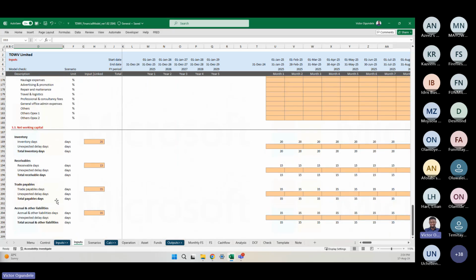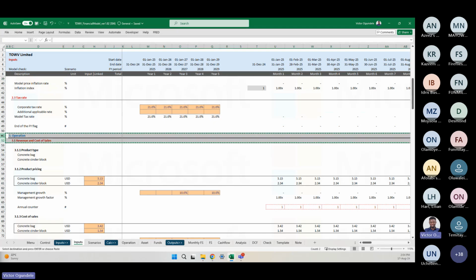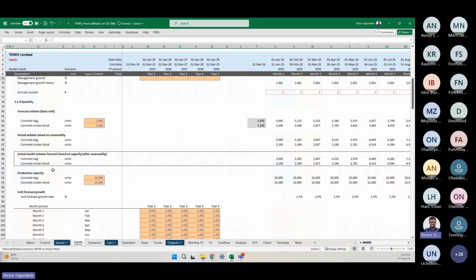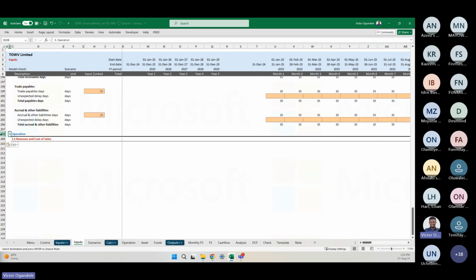So the next one, let's now have our capex. We know we're going to generate our revenue. So I'll just copy these two headers. This is my operation, just header one and header two. I'll copy it, then come down here and let's talk about our